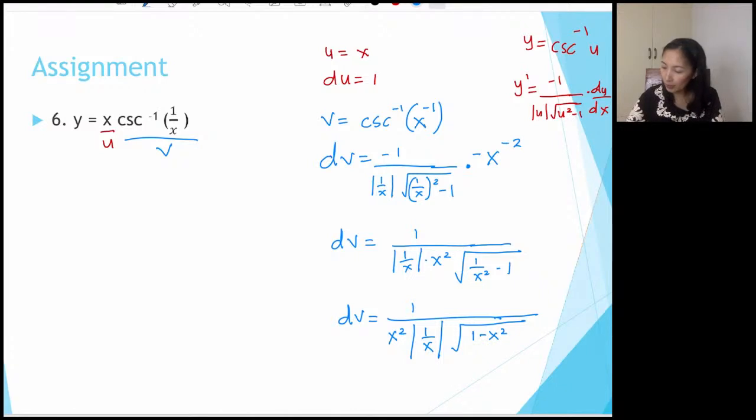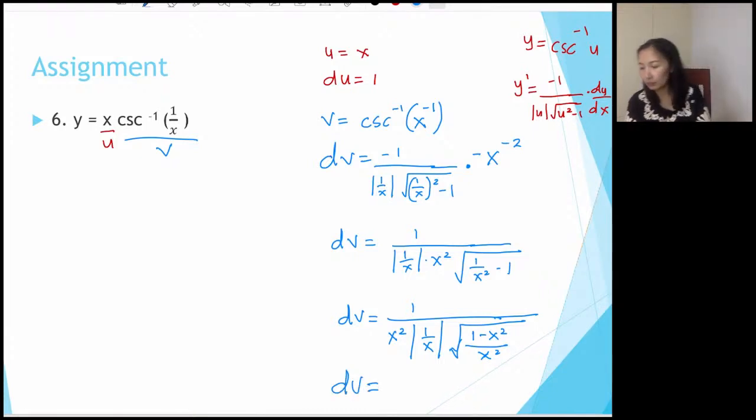All over x squared. Okay, or dv is equal to, this could be cancelled out with this 1 and this x, and this one, if you get the reciprocal of this,